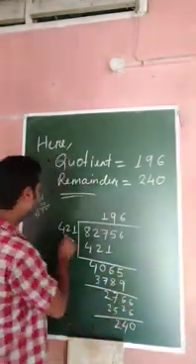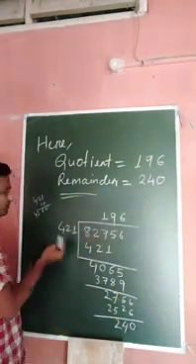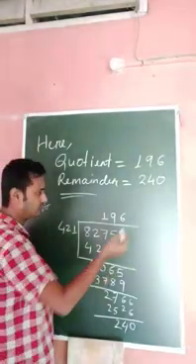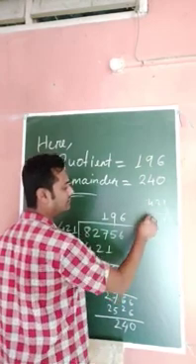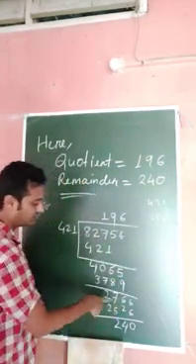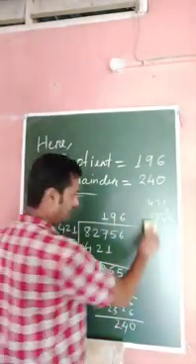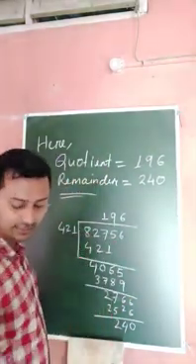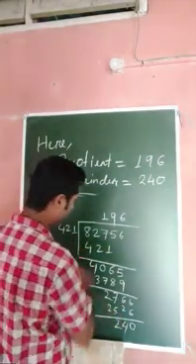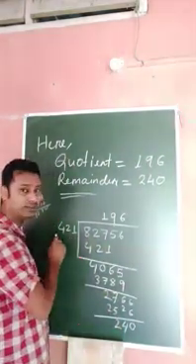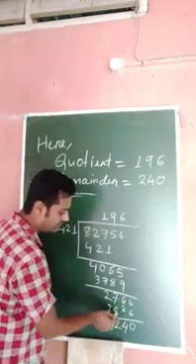Now 421 into 6. You can try multiplying twice or thrice, for example 421 into 5, or suppose you multiply 421 into 7: 7 1 is 7, 7 2 is 14, 4 and 1 carry on, 7 4 is 28, 28 plus 1 is 29, so 2947. 2947 is greater than 2766, so that is why you multiply by 6. By trying 2 or 3 numbers, you can easily find the perfect number. So 421 into 6: 6 1 is 6, 6 2 is 12, 2 and 1 carry on, 6 4 is 24, 24 plus 1 is 25. Now 6 minus 6 is 0, 6 minus 2 is 4, 7 minus 5 is 2, so 240.